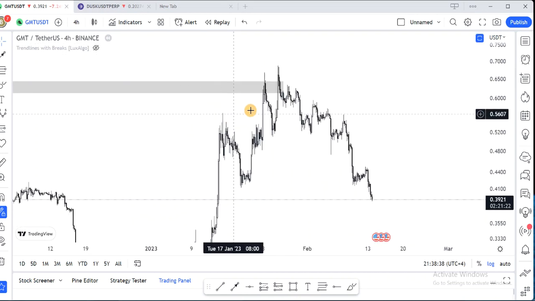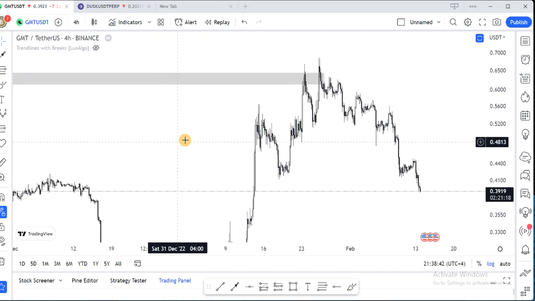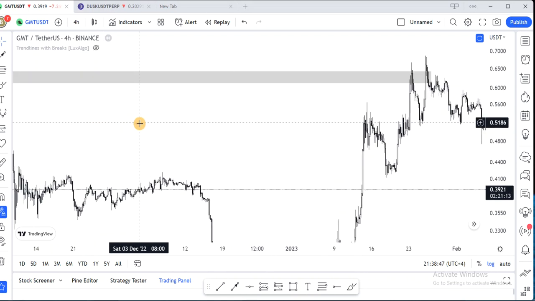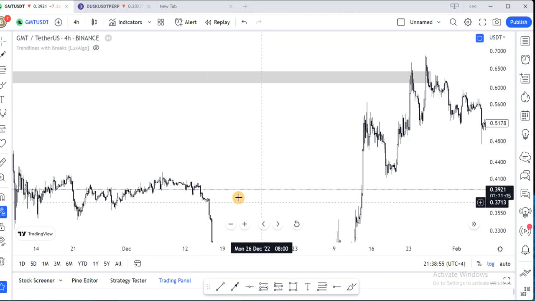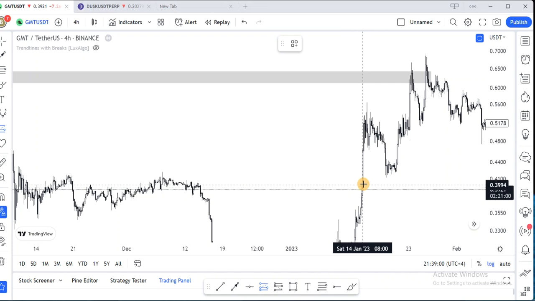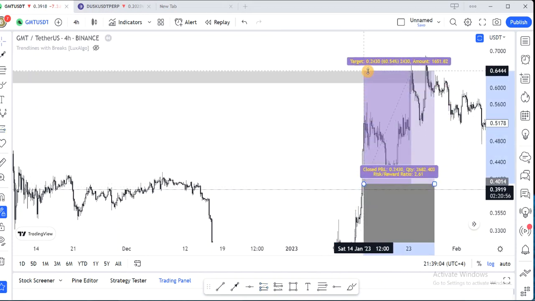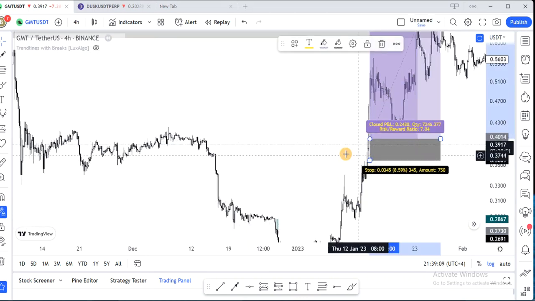So this is how this trade works. Watch well. For you to be profitable trading this strategy, you need to be patient. Make sure you are patient. And see, this is not small pips, guys. From this level, we got like this. You can see that this is not small pips.